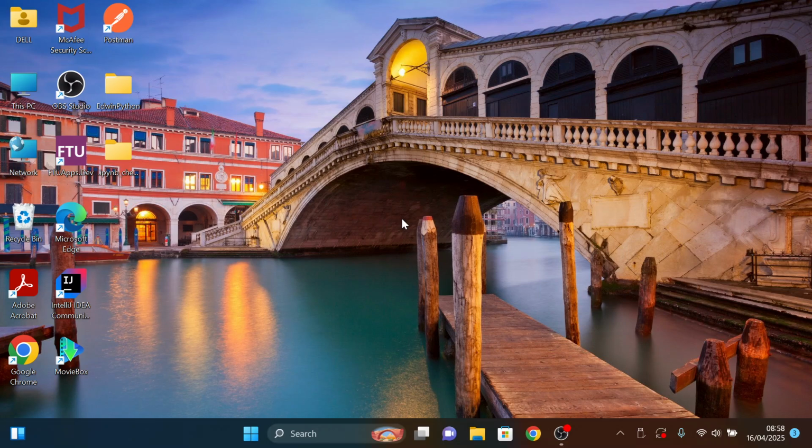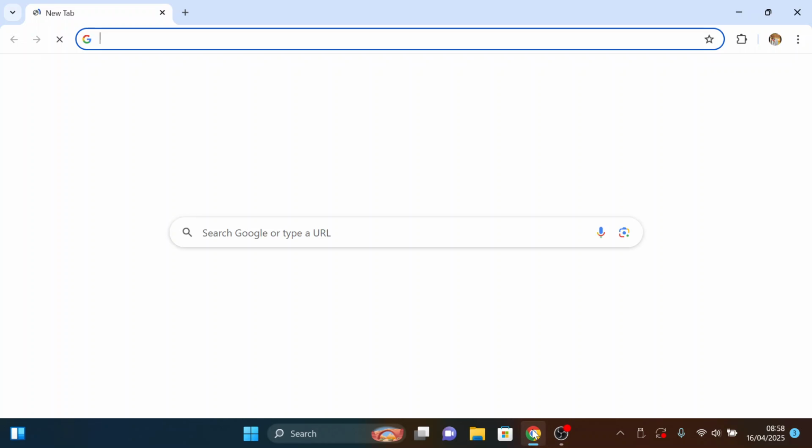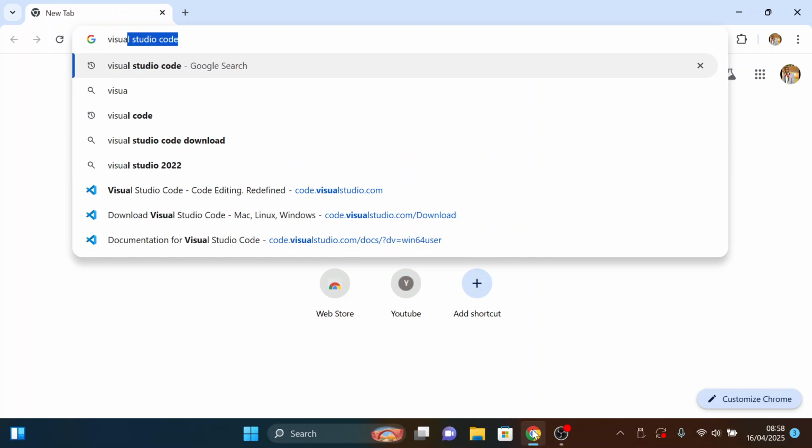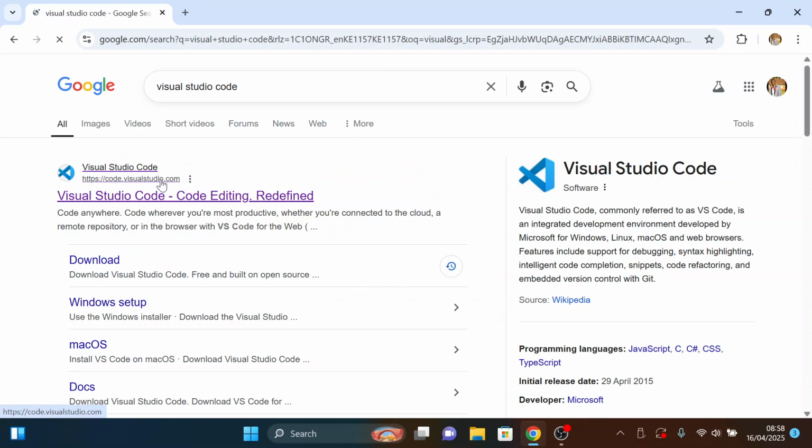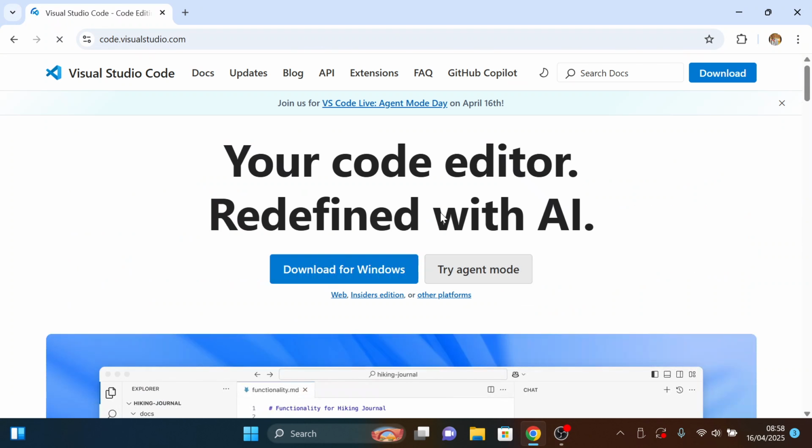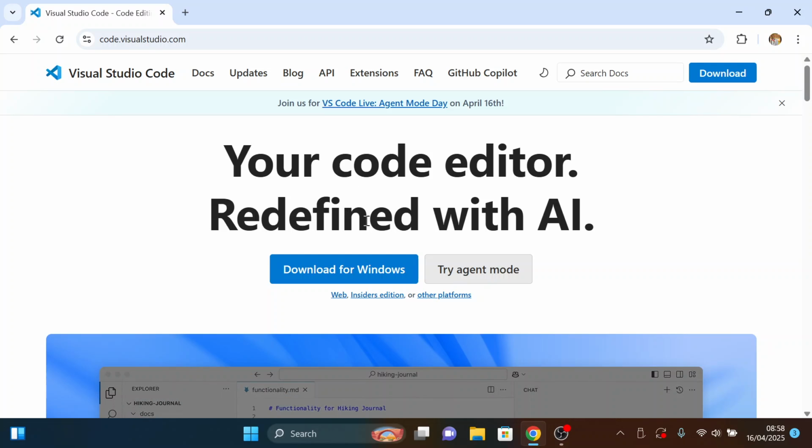So today we learn how to download and install the updated version of Visual Studio Code, and we'll be doing this process using Windows 11. And the first step is open your preferred browser and search for Visual Studio Code. Press enter. Click on the official link visualstudio.com, and afterwards you'll be directed to their main page, and click the download for Windows button